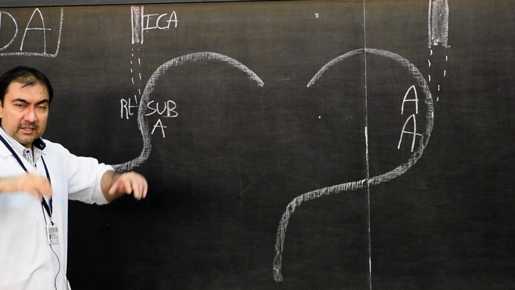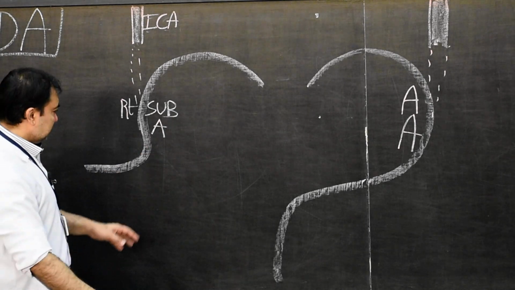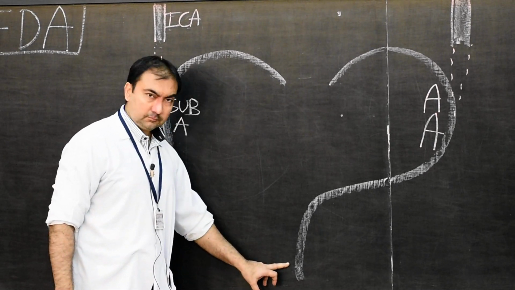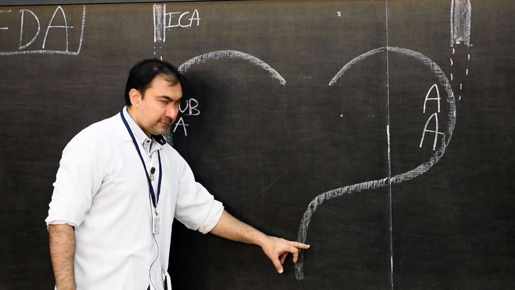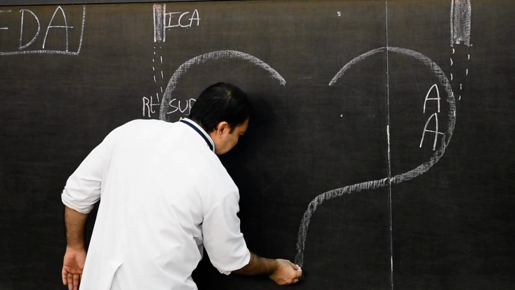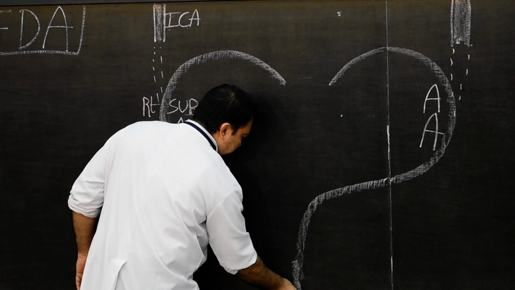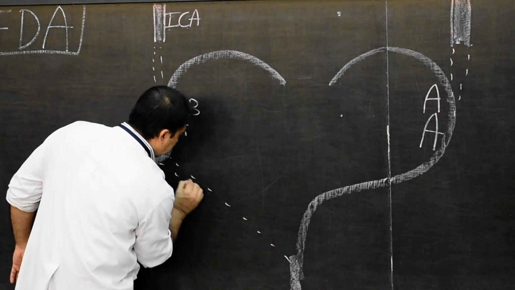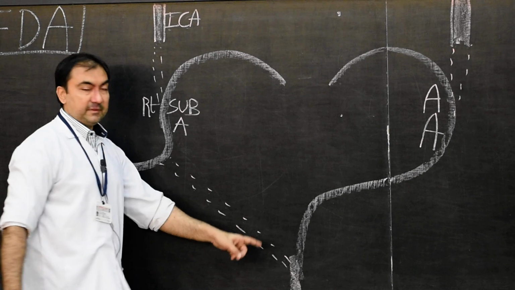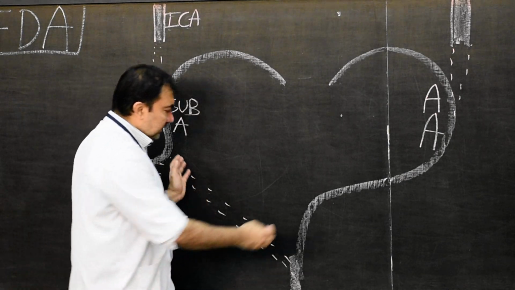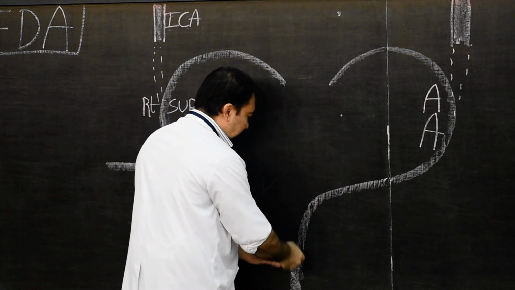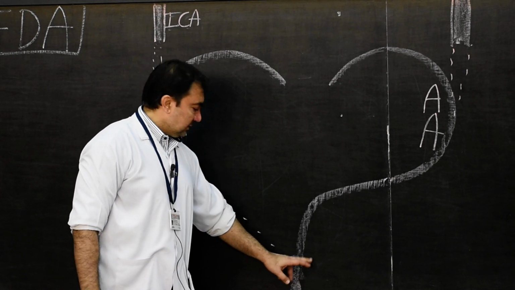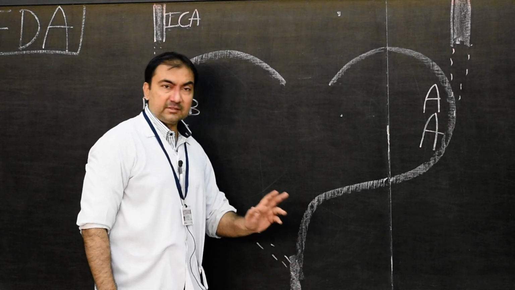Now we come to the caudal portion of the dorsal aorta. Remember, the right dorsal aorta has to disappear where it joins with the left one. So this left dorsal aorta will continue down after the right dorsal aorta has joined with it. Both the right and left dorsal aorta, at the level of T4, will continue down as a single dorsal aorta.